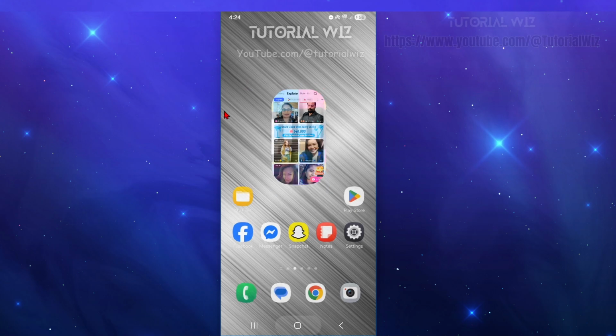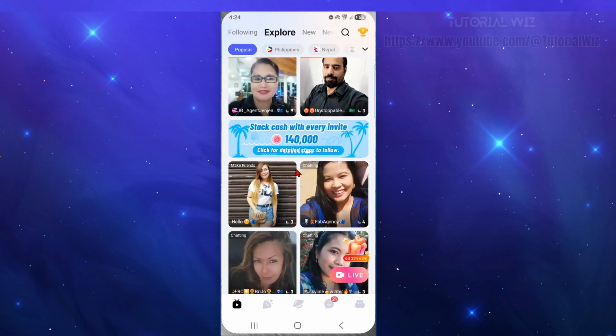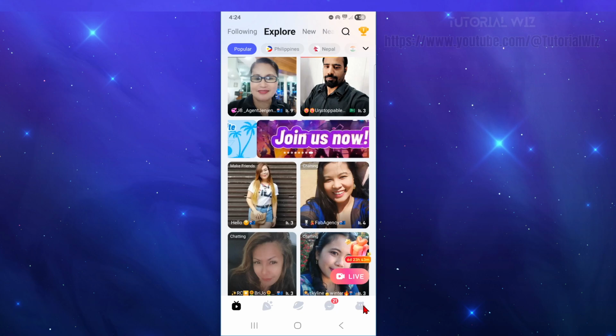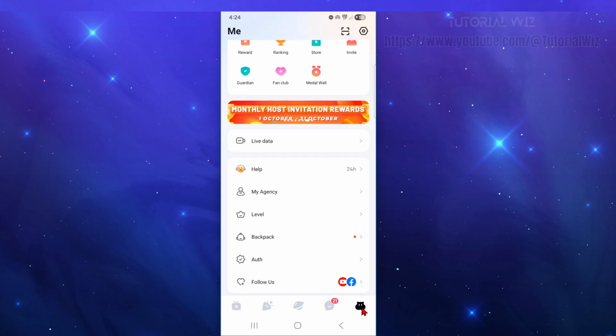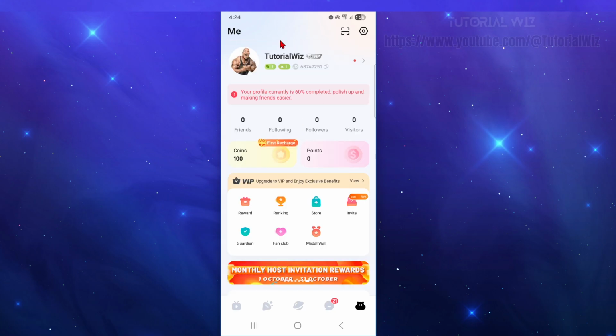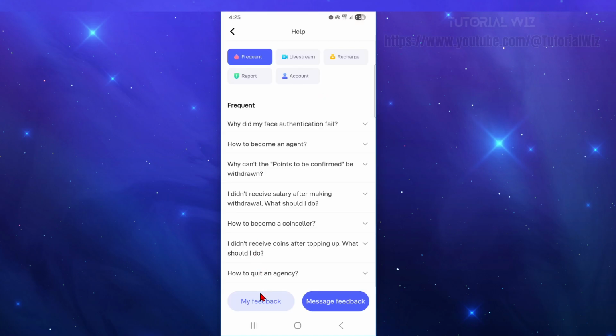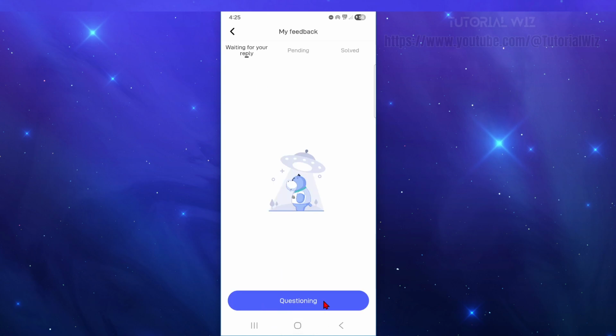Okay, so the best way to do this is to open up your Poppo Live application and sign into your account. From here, we need to go ahead and click onto our user profile icon on the bottom right hand corner of the page. And now on your user profile page, we need to scroll down and click on the help button. Then from here, at the bottom of the page, go ahead and click onto my feedback and then click